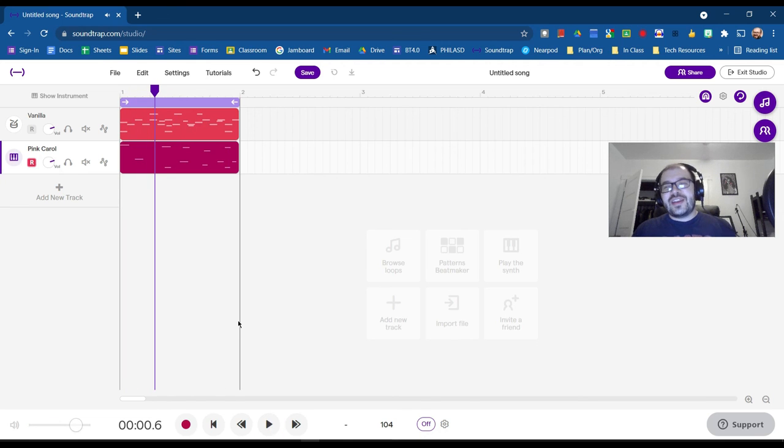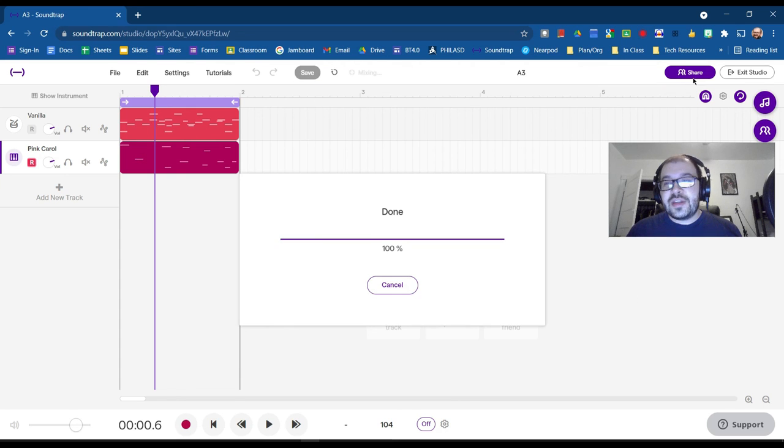It's maybe not going to get on the radio or anything, but this is a good way to start learning new skills and developing your tool set. Once you get a little bit better with these tools, you can write so much. A lot of music gets made with these exact tools. So at this point, you are done. Make sure that you title it A3, save it, and then you can either share it directly